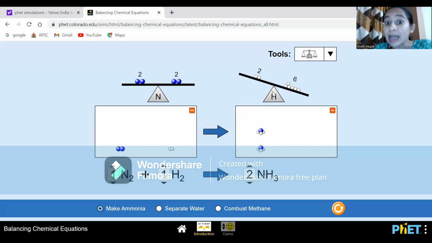We need to balance the hydrogen. In case of hydrogen, on the product side it is 6, in the reactant